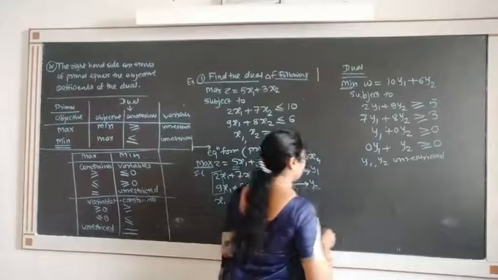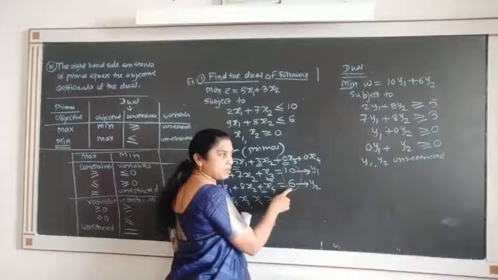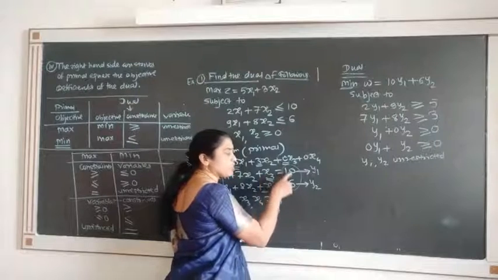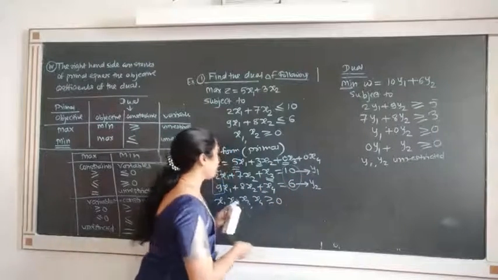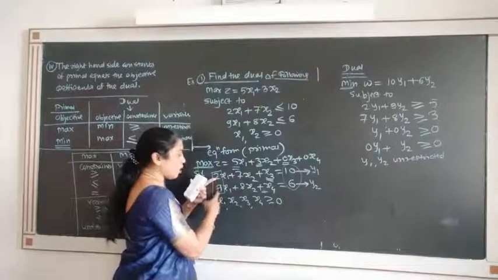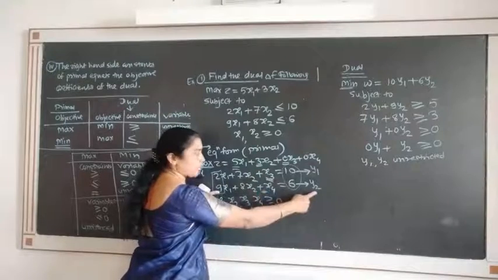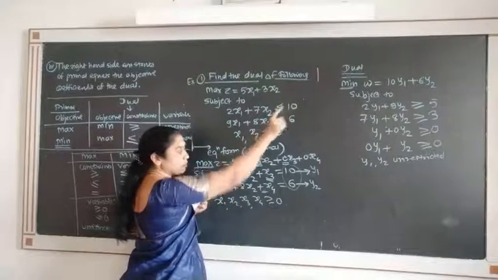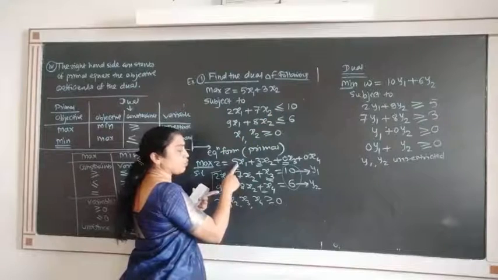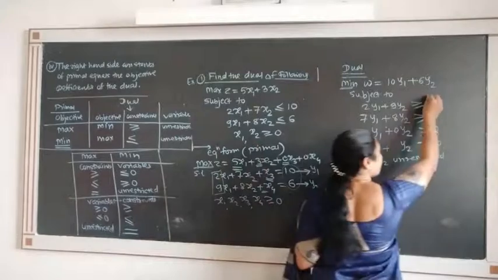So see what we have done. The RHS of primal gives the objective coefficients of dual. That is your first. Second, you have to consider the column, the first column 2y1 plus 9y2, because it is the dual with minimization, we have greater than or equal to the objective coefficient. So now if you observe this